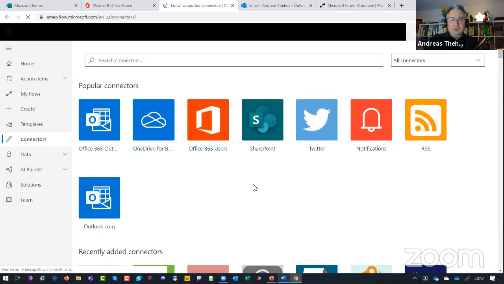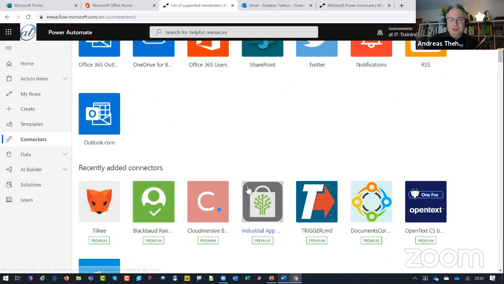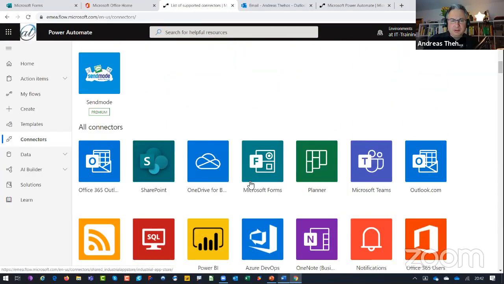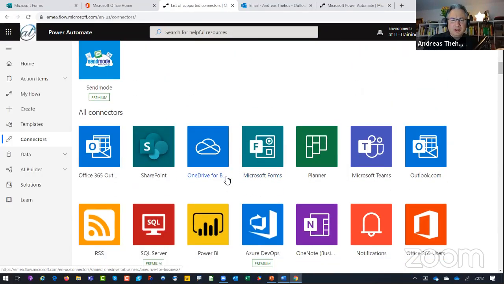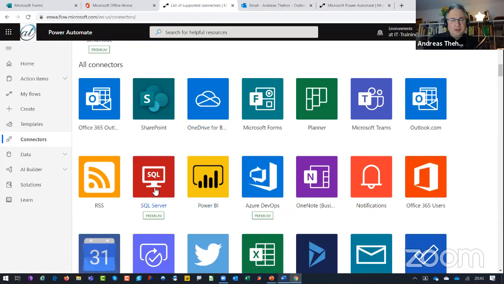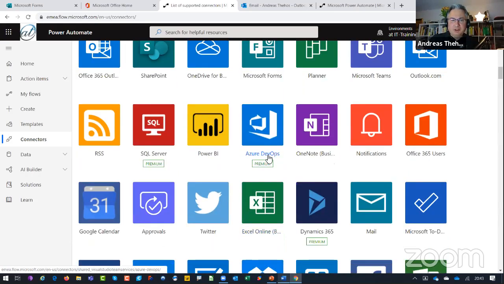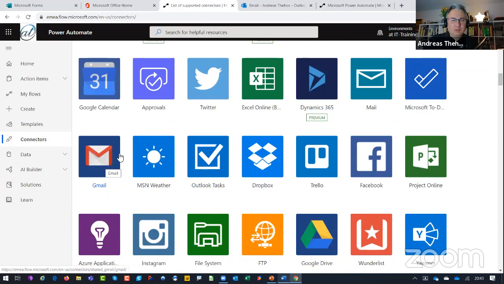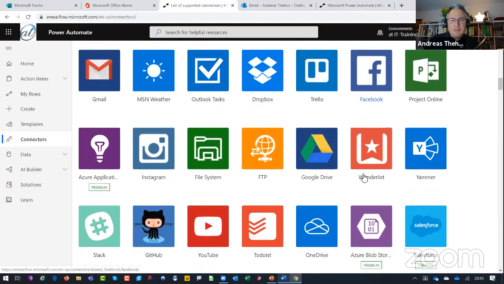Of course, Dynamics, all the hardcore stuff, SAP, I think it's a part of OneDrive, of course. And in some cases, it says premium. So you have to buy the premium license per user. Azure is premium too, but these are the maximum opportunities you have here. Dynamics, of course. The smaller third-party tools you can use for free, and